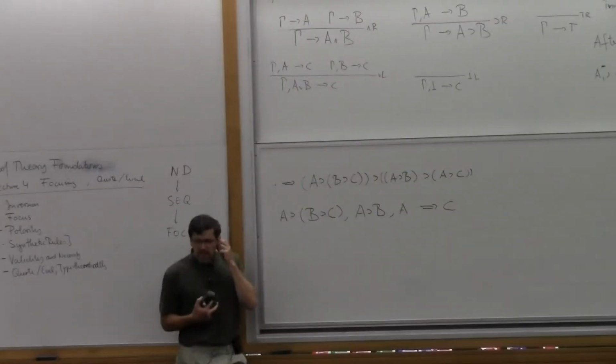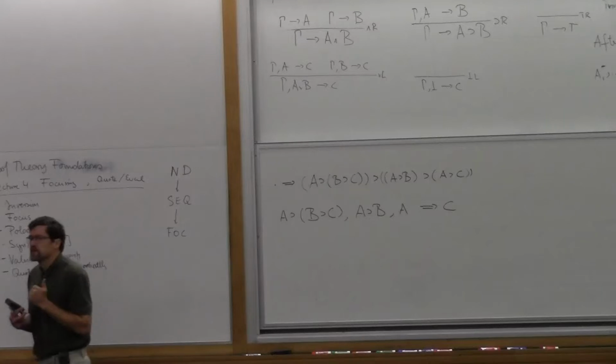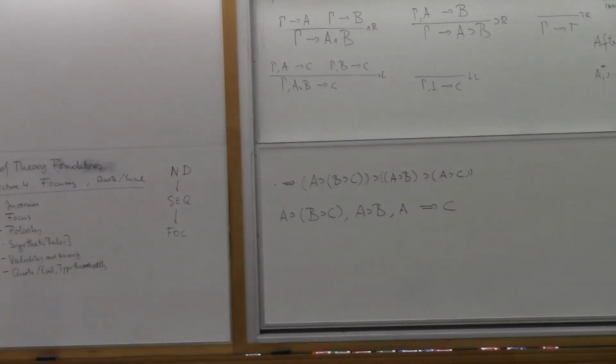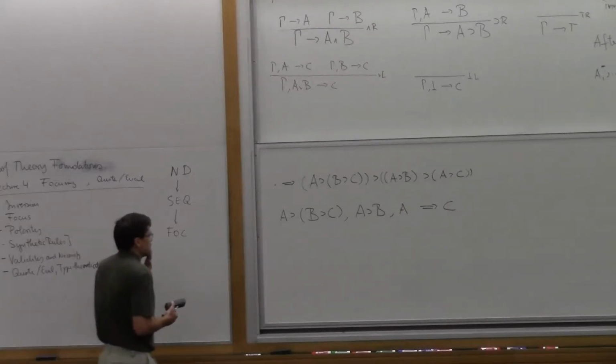So now we want to arrange it so there's just one single proof of this instead of infinitely many. That's a pretty big reduction in the search space, all the way down to 1.